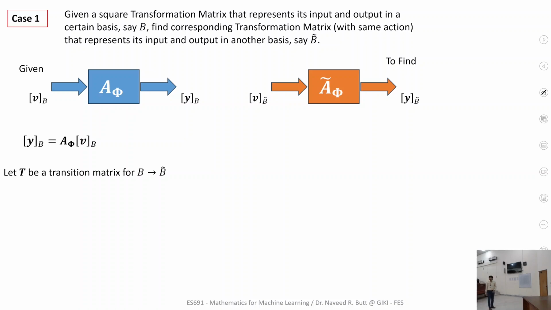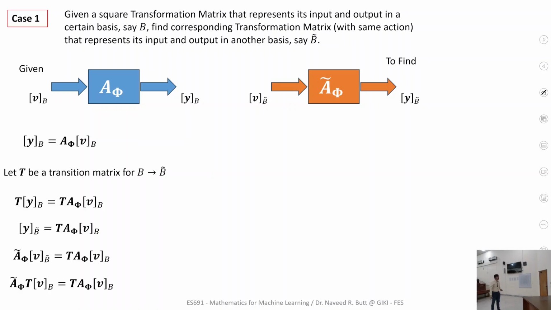ये तो given है, ठीक है. We are saying that A phi is a transformation matrix that carries out the transformation of a given vector in basis B and displays its output also in basis B. ये तो मैंने आपको given है, अब find आपने वो करना. Let T be a transition matrix from B to B tilde. अभी हमने निकाले हैं ना general, उस तरह आप निकाल लेंगे, ठीक है. वो आ गया, मैं दोबारा नहीं दिखा रहा वो कैसे निकाल, ठीक है. T आ गया. अच्छा, if T is a transition matrix from B to B tilde,